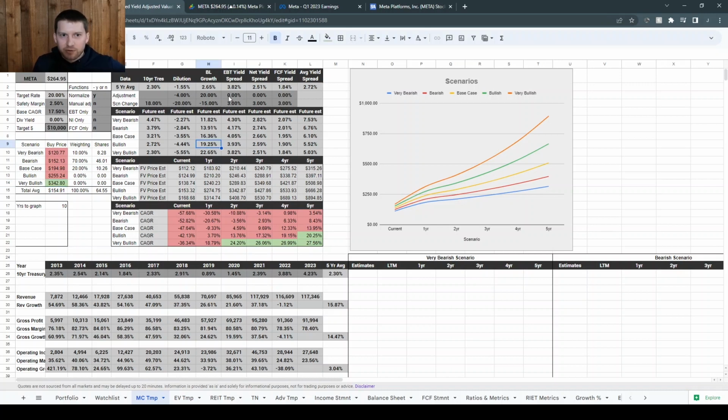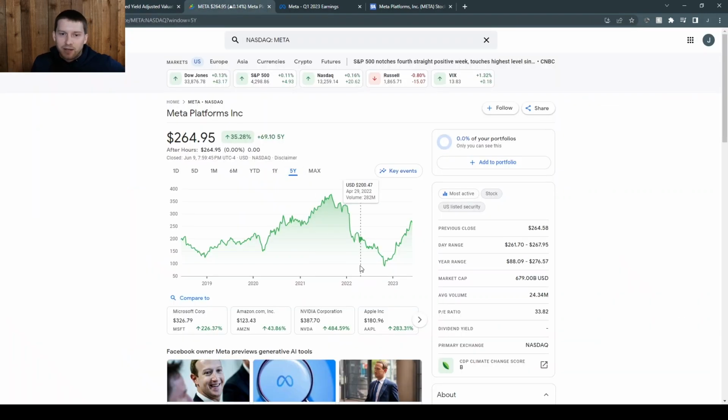This was around the time that Meta got a lot of bad press. There was the whole regulatory thing going on, and it just seemed like Meta got trashed for the longest time. So I started accumulating, I think in the low 200s, just slight nibbles, and then I built it up a little bit more in the 170 area, and then a lot more in the 140 to 120 area, and I was really happy with the position.